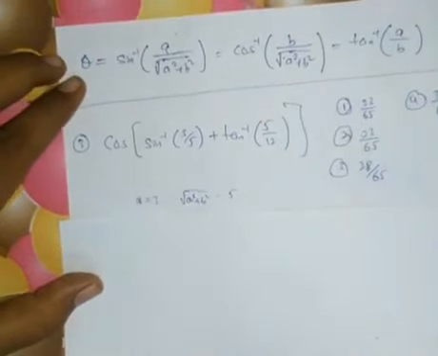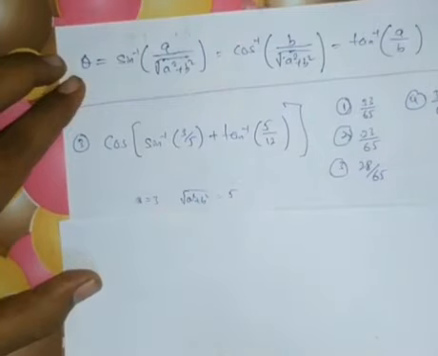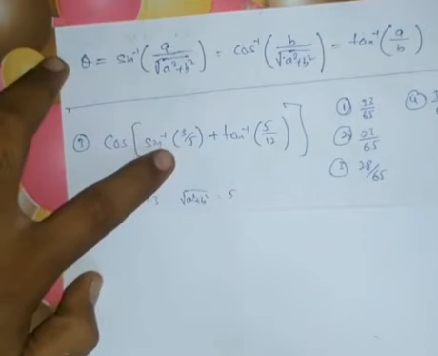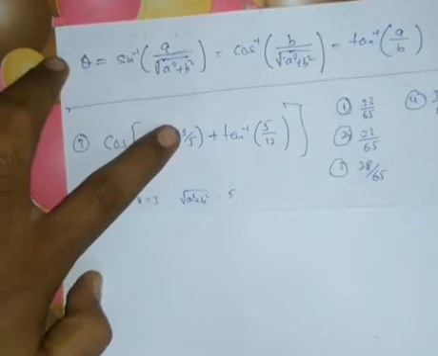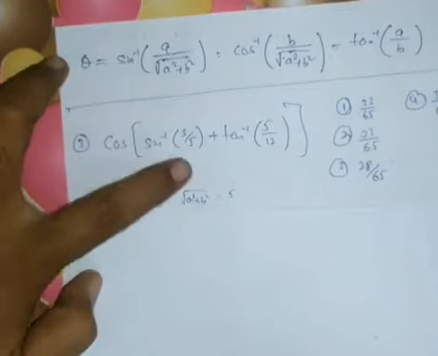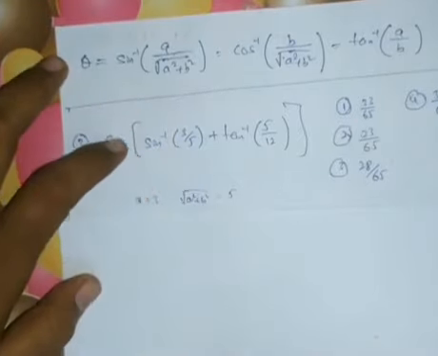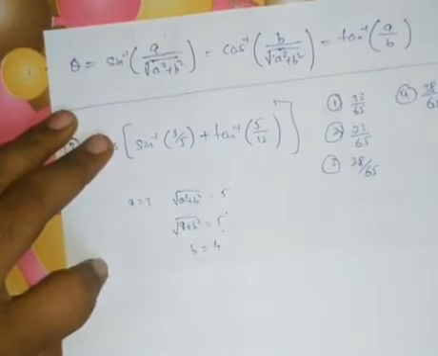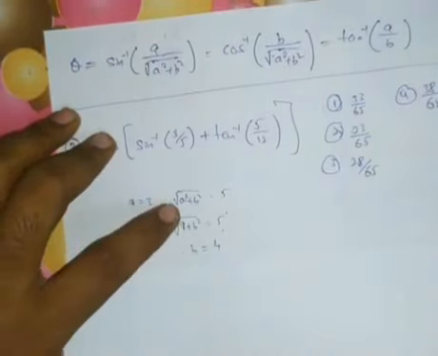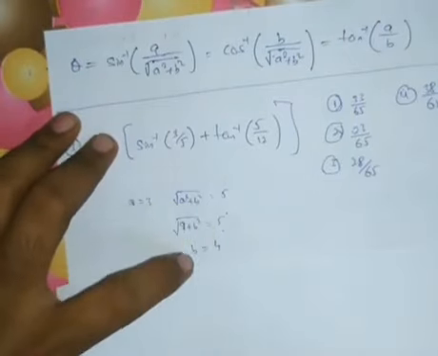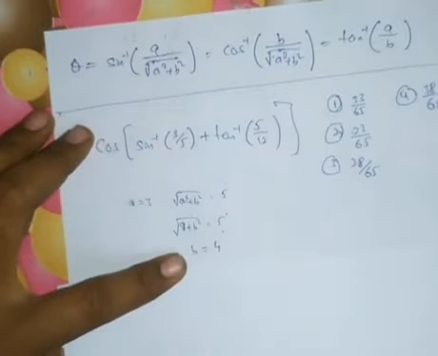So theta is equal to sin inverse of a by under root a square plus b square. Applying this for this term, writing sin inverse of a, where the denominator under root a square plus b square is taken as 5. We are trying to find the value of b, so under root a square plus b square equals 5. If we substitute the value of a, we will get b as 4.